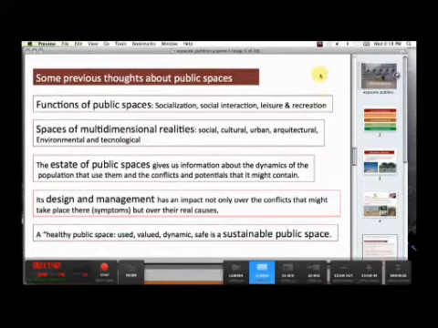So, some previous thoughts about public spaces, that I might have mentioned already some of them, but not all of them, and I think it's interesting to put them together, would be mentioning some of the functions of public spaces, although we're going to develop a session about these with a lot of emphasis. Some of the functions of public places are socialization, social interaction, leisure and recreation, and to some extent this makes sense when we talk about non-places. Some of these non-places, like specifically malls, do concentrate these functions too, but